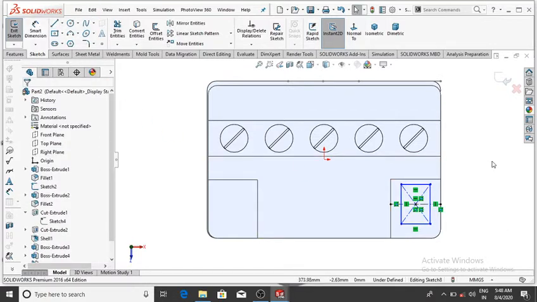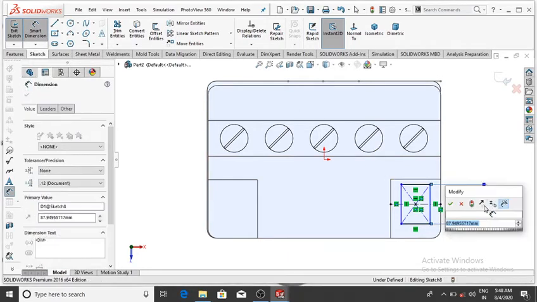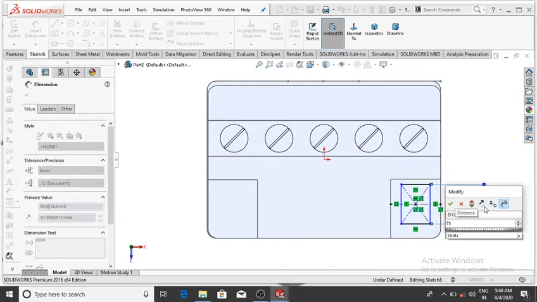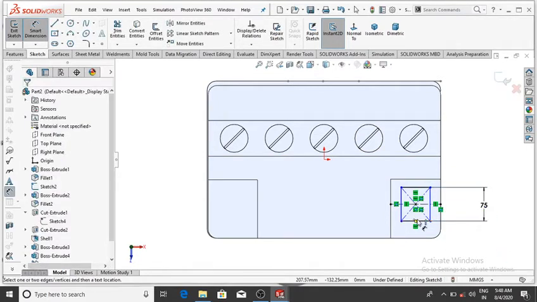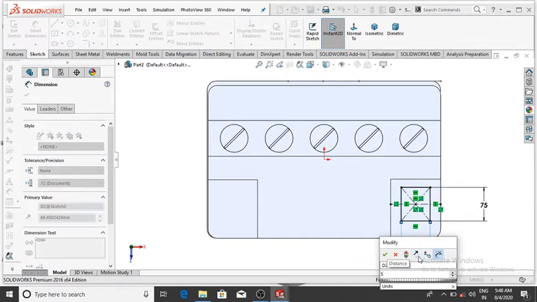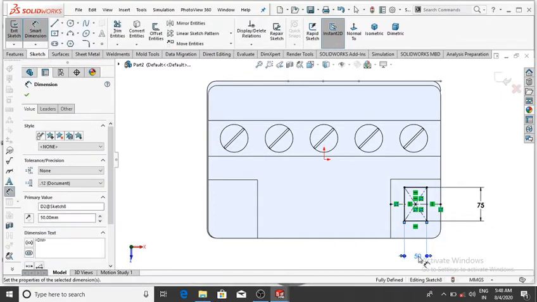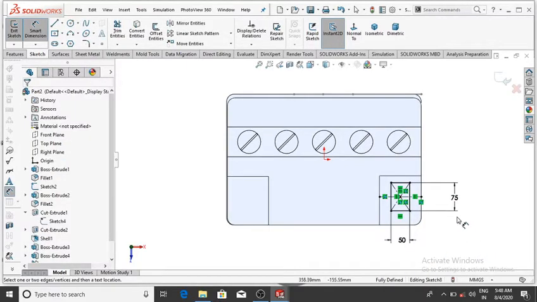Go to the smart dimension and select this line, it will be 75 mm, enter, and select this line, it will be 50 mm, then okay,